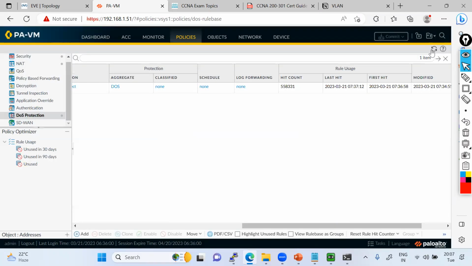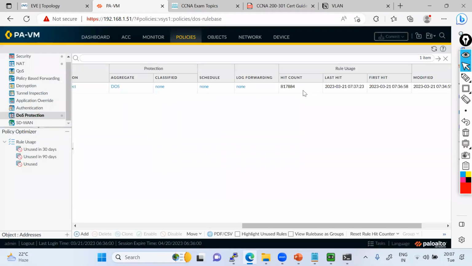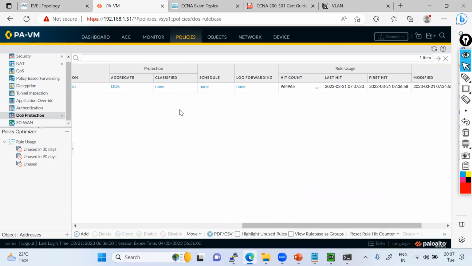So this is the magic of the attacks. See, it's 8 lakhs. So you can see how many packets this attack is sending, and it keeps sending the packets. It's around 1 million, and my internet is also showing unstable for some reason. So you can see millions of packets have been processed. If that many packets are going to be processed, this is something not good for your network. And if you see in the traffic,